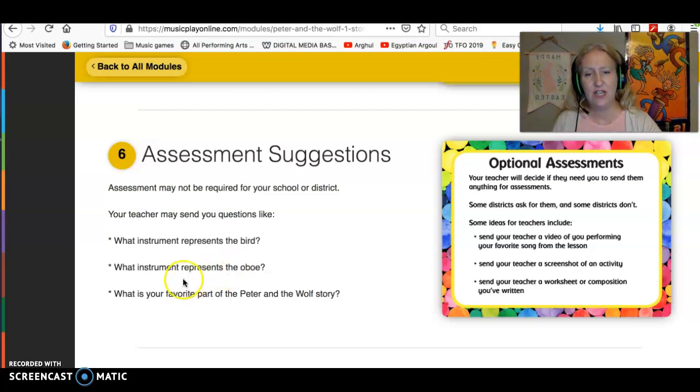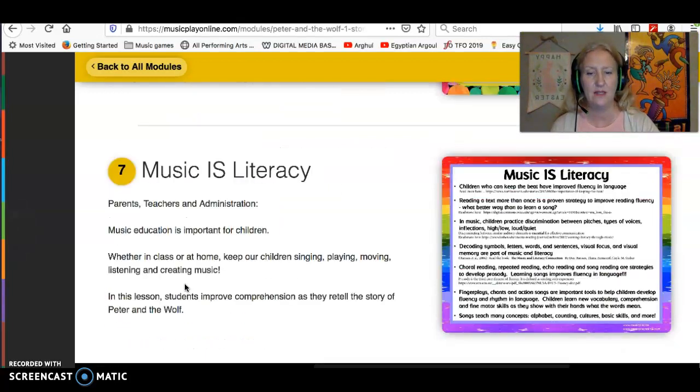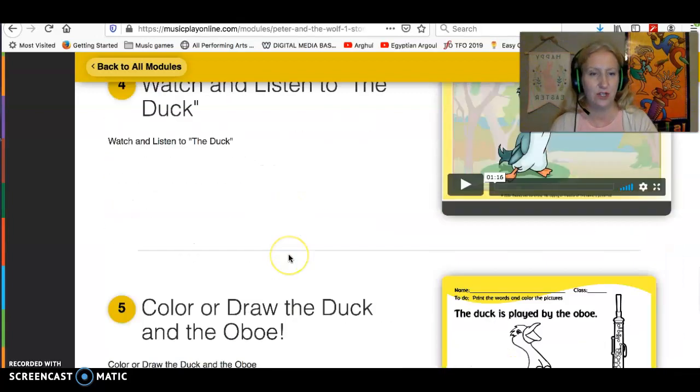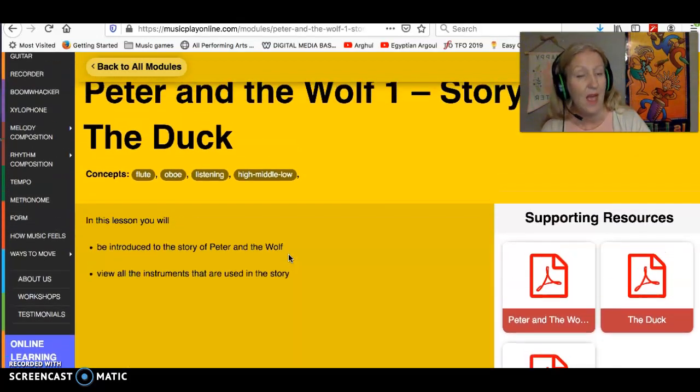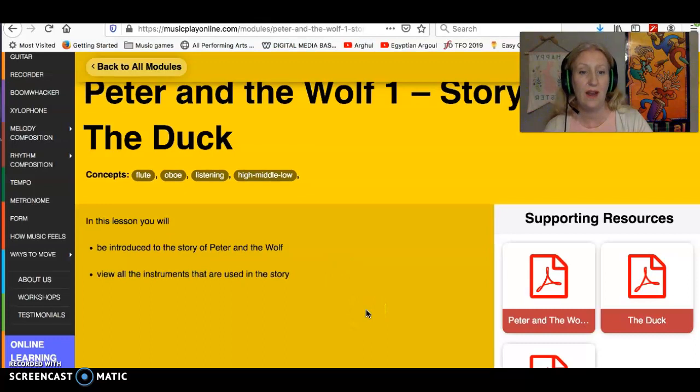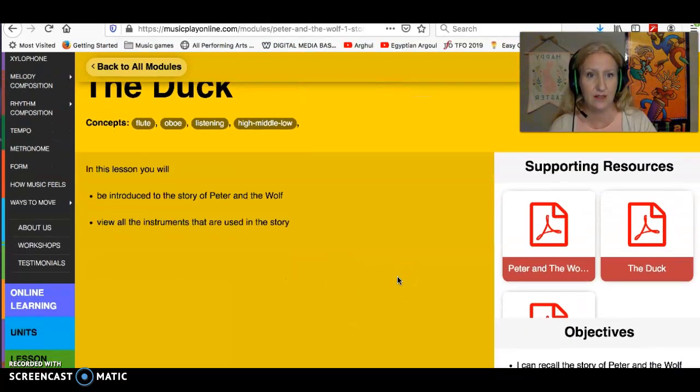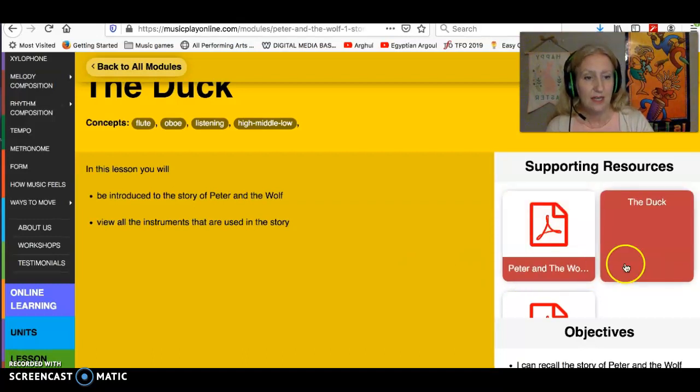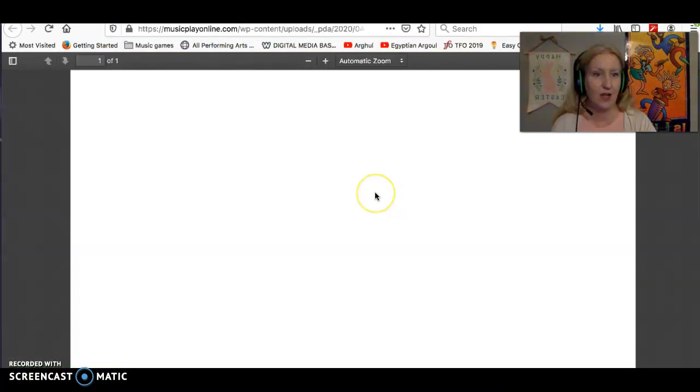If you scroll down just a little bit more, you can see where it says music is literacy. This is more for your parents, just so they can, if they're curious. If not, that's okay too. But it just talks about music and literacy for children, which is really great. Now, I promise you to show you where we would find those worksheets. So again, if you go back to the top of the page, you can see right here where it says the duck. If you click on that,